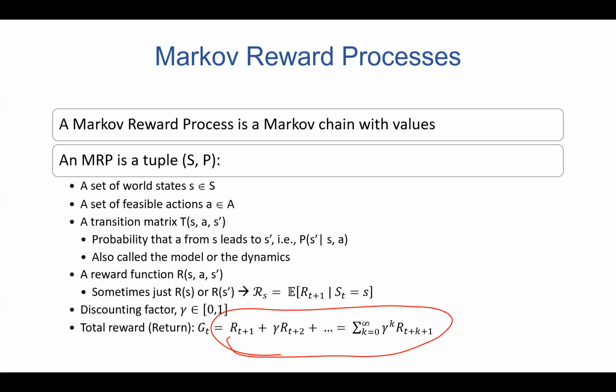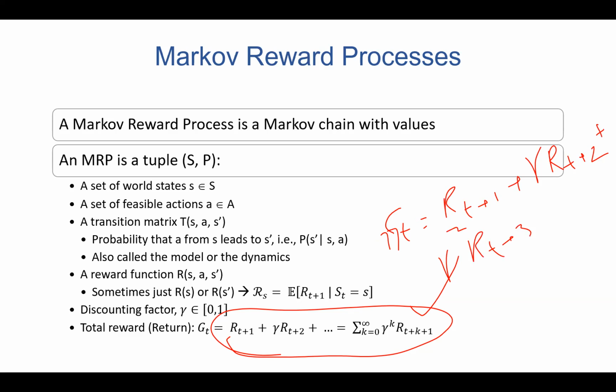The second thing is, if you have a longer term reward and you look at this equation, if you put G_t in here: R_{t+1} plus gamma R_{t+2} plus gamma squared R_{t+3}, and so on and so forth. If you formalize this equation, it gets into this form. So every time you're multiplying your reward with an exponentially increasing power of gamma, right?